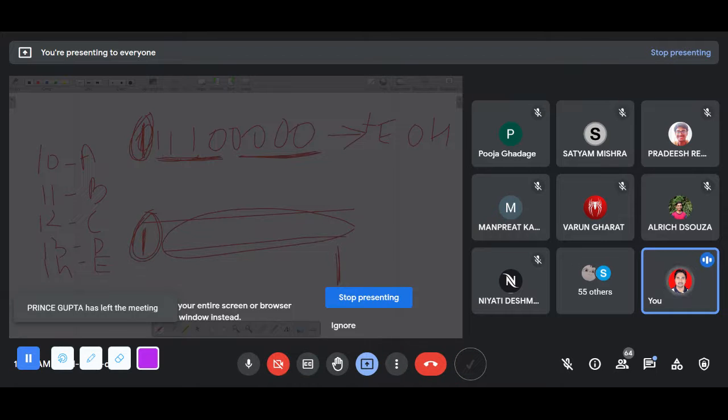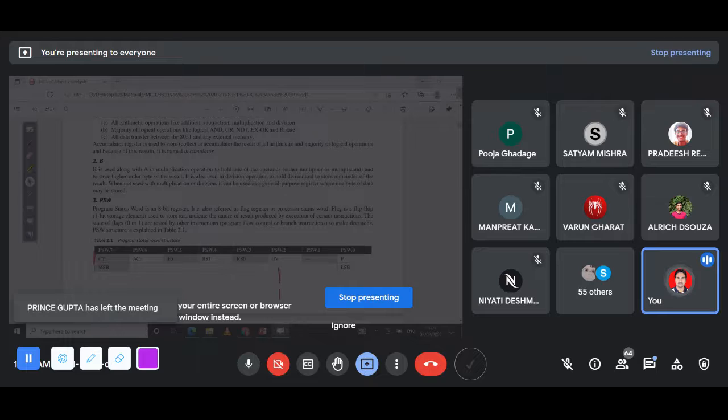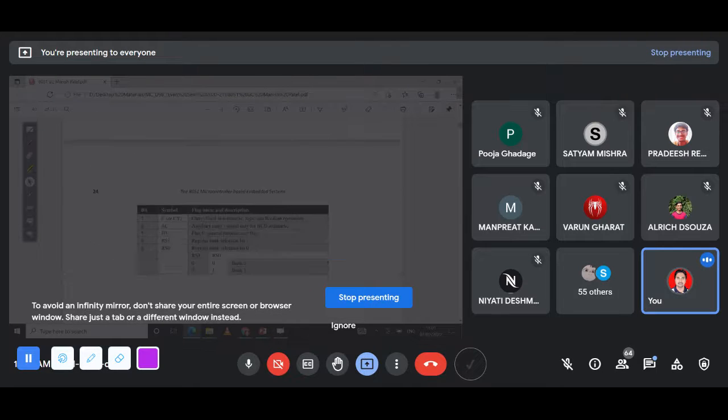Now here I was talking about, so I have explained to you the parity flag, overflow flag, auxiliary carry flag, and carry flag. Now we will be talking about RS0 and RS1. This is also important, please pay attention. Whenever you talk about RS0 and RS1, what are RS0 and RS1? See here,